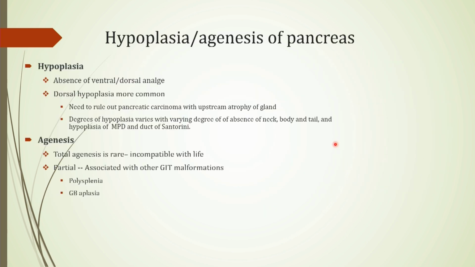Hypoplasia is due to absence of either the ventral or dorsal anlage. Hypoplasia of the dorsal component is more common, and pancreatic carcinoma needs to be ruled out in cases with upstream dilatation, upstream atrophy, and dilatation of the ducts. Total agenesis is very rare and incompatible with life, and partial agenesis is associated with other GIT malformations